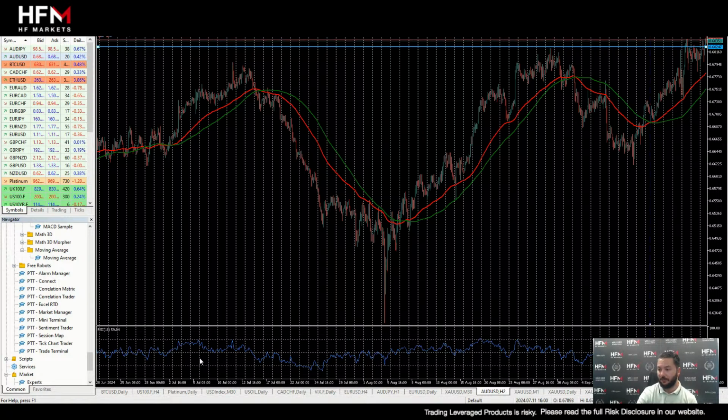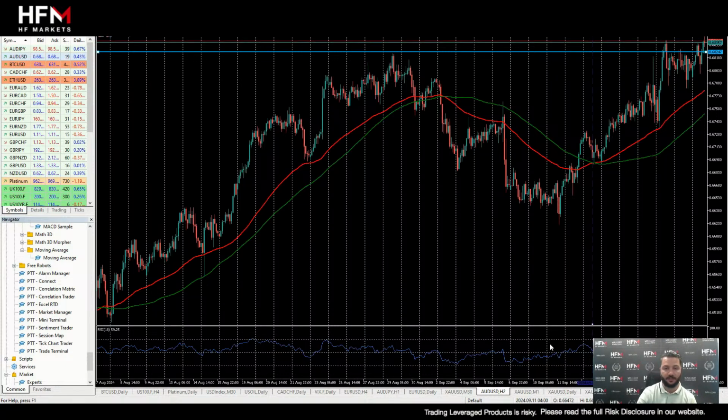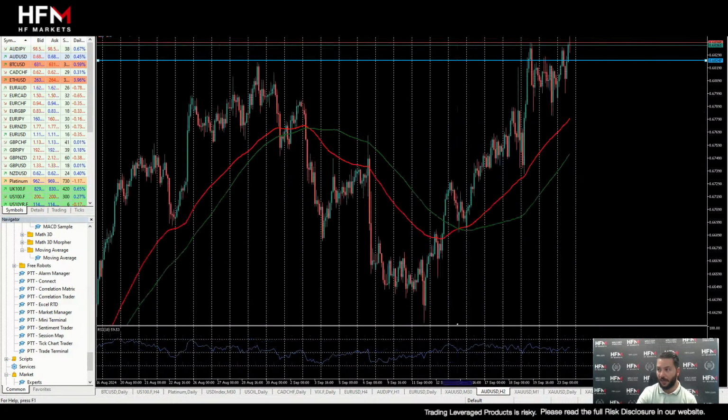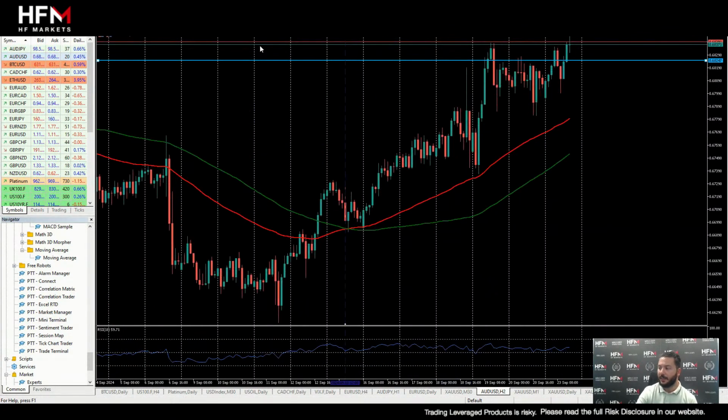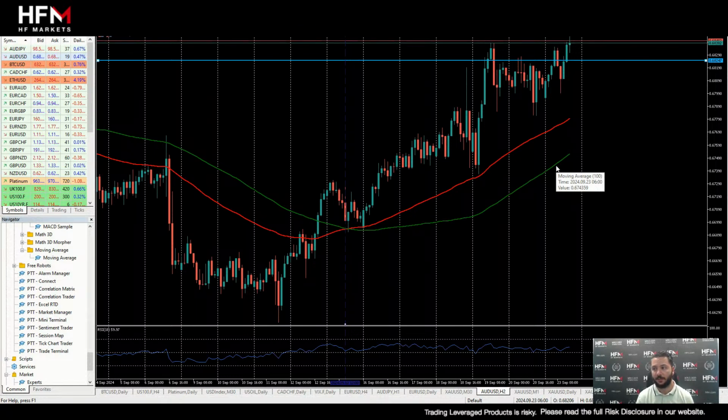We trade them currently on the RSI at 59. So we trade them between the 50 and the 75. Currently we have indications here that buyers are controlling the market. In addition to this, we also need to take into consideration that we're above our trend line. Here is a 75 exponential moving average. We're above the trend line and we're above the price sentiment line. So these are indications, ladies and gentlemen, that buyers are controlling the market. We have to, of course, take that into consideration.